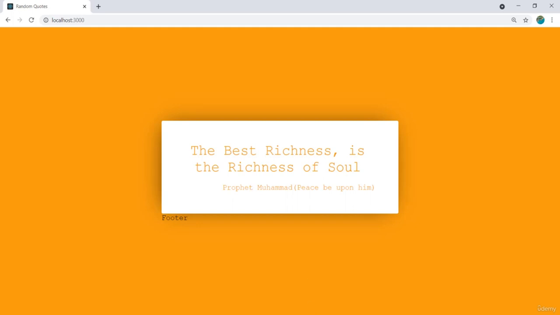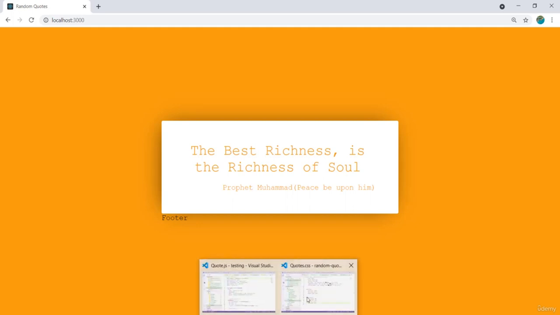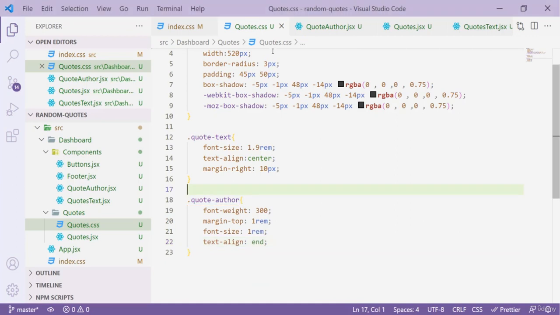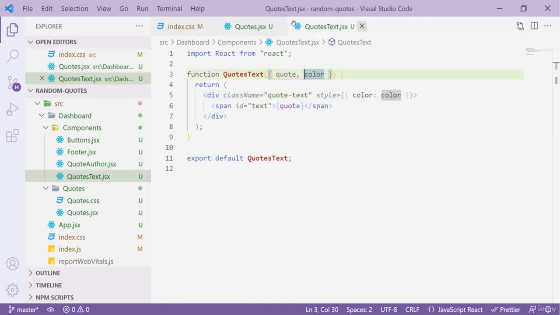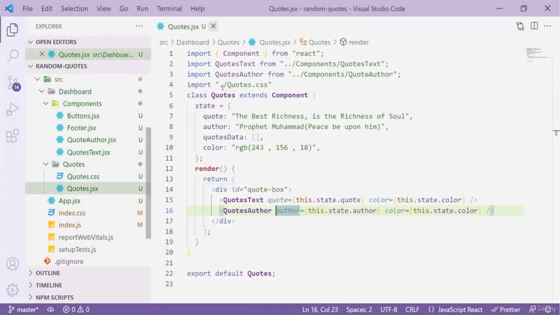Now it's time to dynamically access quotes or get the quotes directly from an API. So that's what we'll be working on next. So close off all the other tabs except the quotes tab, and because our next